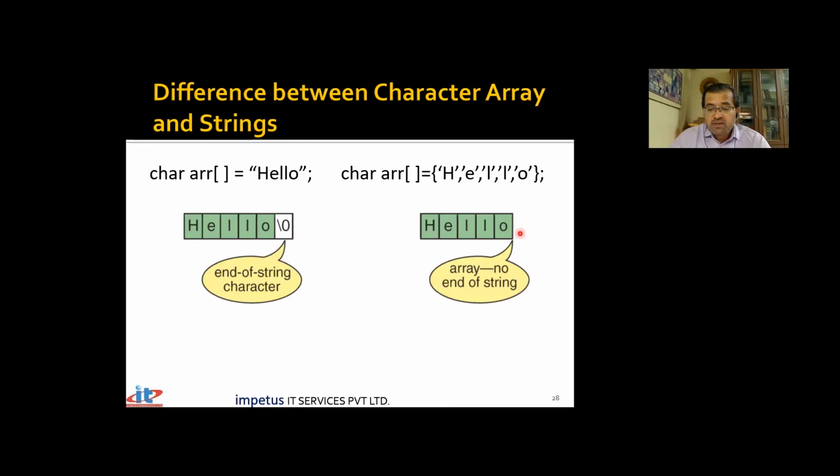So in that case, it becomes a character array. Here it is a character array containing a string, because every string is a character array. Because here also we have a sequence of characters, but that sequence of characters which is terminated with backslash 0 becomes a string. So every string is a character array, but every character array is not a string, because in every character array there is no necessity that there has to be a backslash 0.